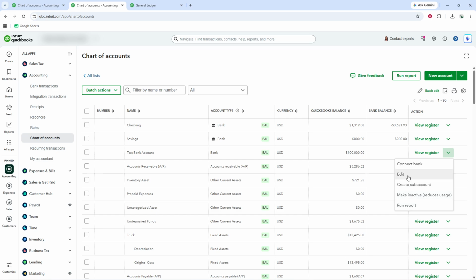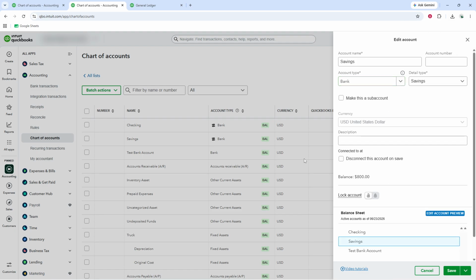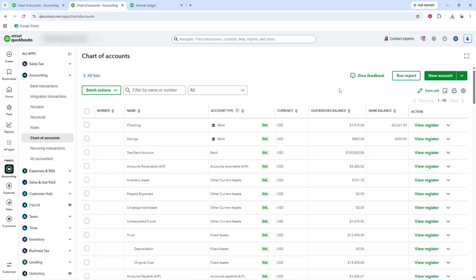If your goal is to disconnect a connected credit card account first, this is an important part of the process because it allows you to review the account settings before making it inactive. When the account details open, review the information shown on the screen. If there are any changes you need to save before removing the account from active use, go ahead and do that now. After reviewing and saving any necessary changes, return to the credit card account in the Chart of Accounts